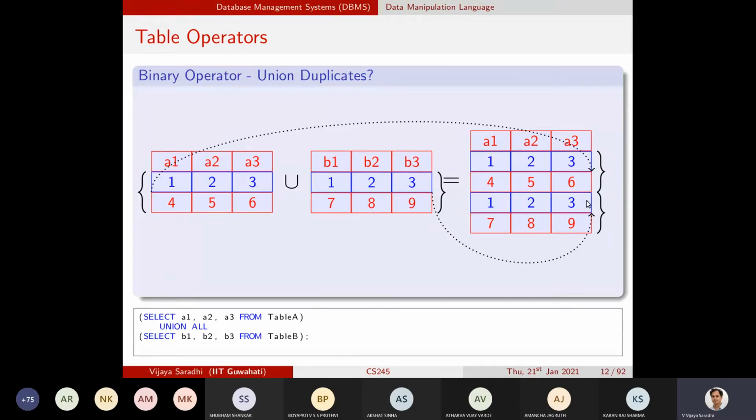Now there are certain things that are really important to look at: how these rows will be appearing to us in the resulting table. If A1 is a primary key or B1 is a primary key, whatever it might be, the order in which they will be preserved is all internal to the database engine.